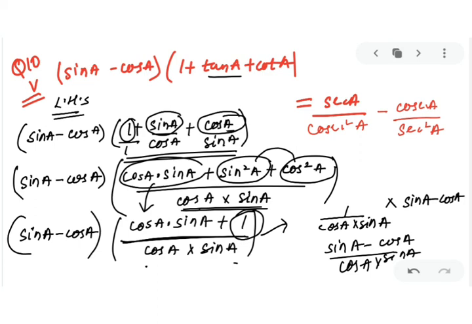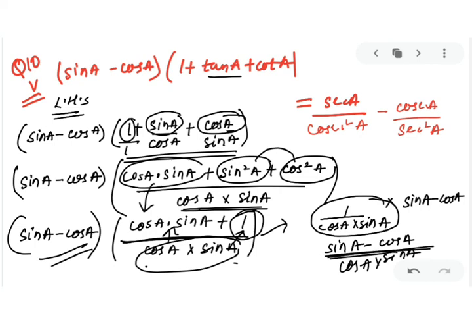Now if you notice, if we are writing two numbers, the denominator sin A cos A is with cos A sin A, and it is also with 1. So the one with cos A sin A will get cut, and the remaining will be 1 upon cos A sin A into (sin A - cos A). So I will get (sin A - cos A) into 1, that is sin A - cos A, and down cos A into sin A.